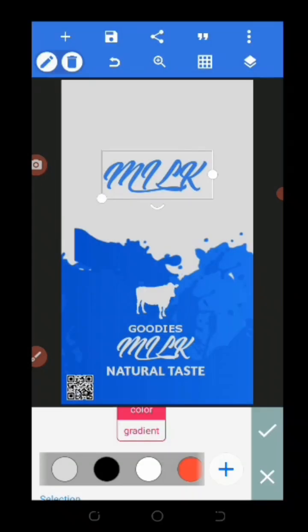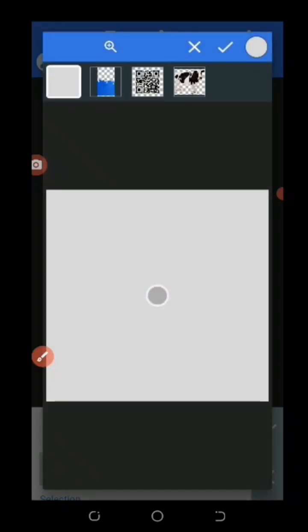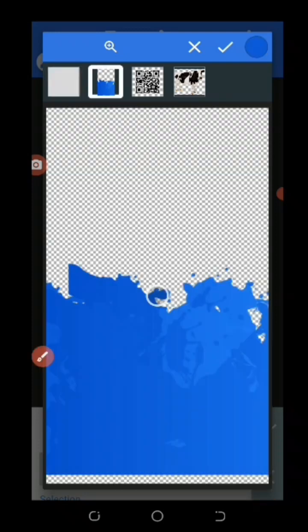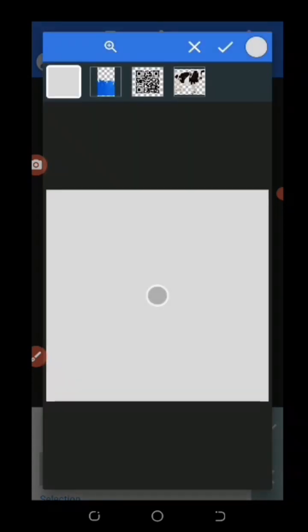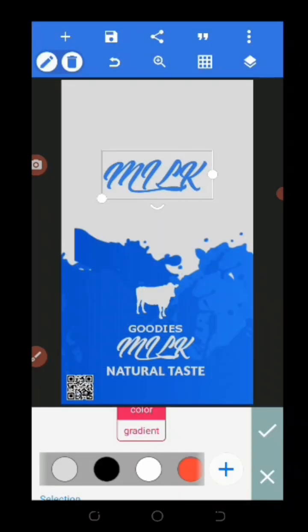Okay. So what I did is I click on this plus icon here. Then I click on this. Then I just click on this box here to choose the color I want to make use of. This. And I click on it, and I click on the blue parts. So I wanted to choose the color from this cow. I'm just going to click on the cow box and choose the color there. I want to choose the blue color. So now having done that,